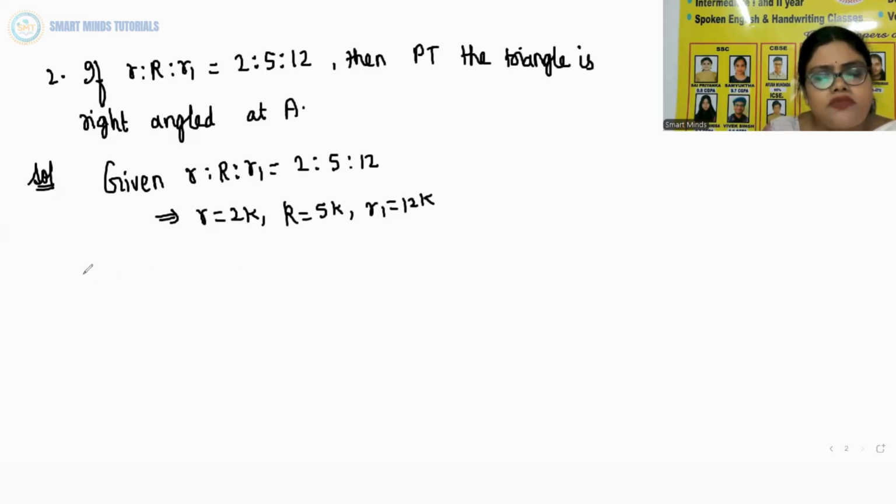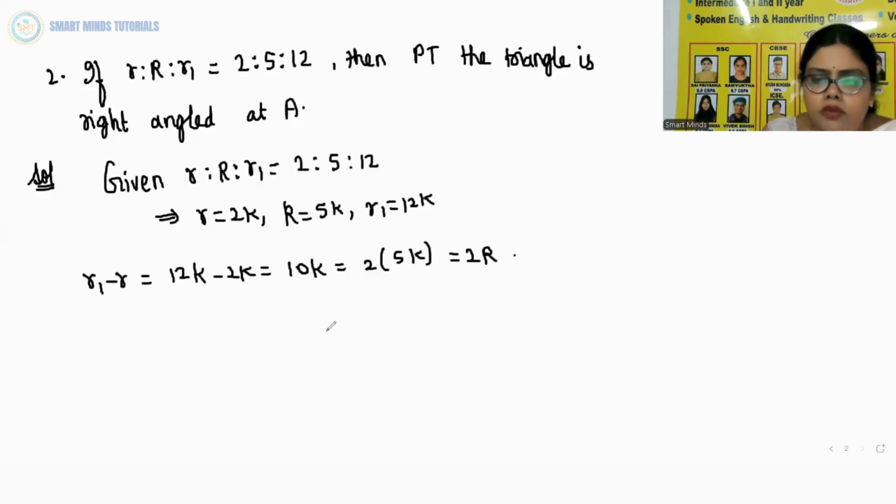Now let us first find out R1 minus R. That is 12k minus 2k, which is equal to 10k. But 10k we can write as 2 into 5k. But we know that 5k is capital R. So this can be written as 2R. So now R1 minus R is 2R, which means now R1 can be written as